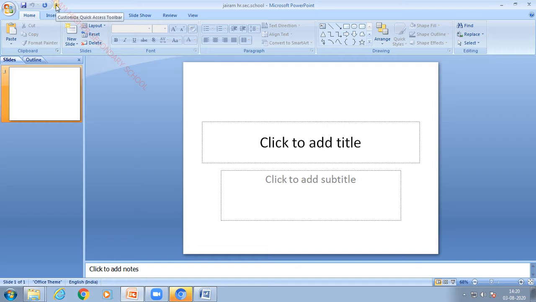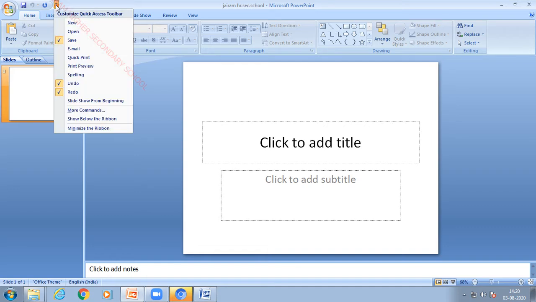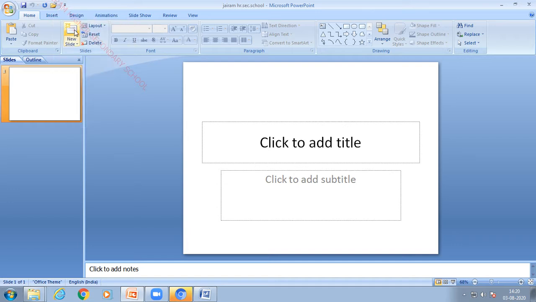You have to choose this small arrow. After selecting this small arrow you will be getting a lot of menus. So now I am going to add this open menu in this quick access toolbar. You just have to click once, then this open option will be added in this quick access toolbar. So what is the purpose of using this quick access toolbar? We can easily access the commands.